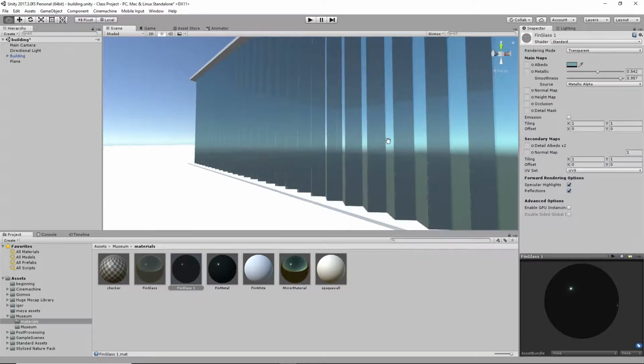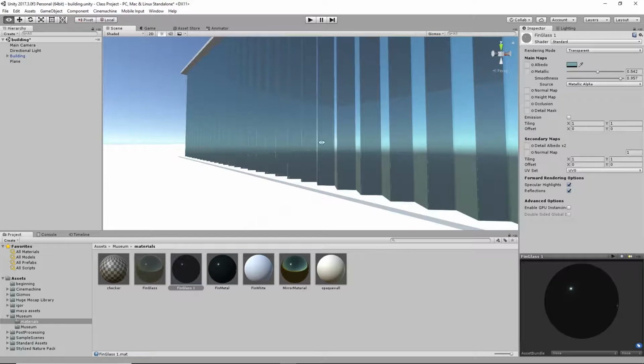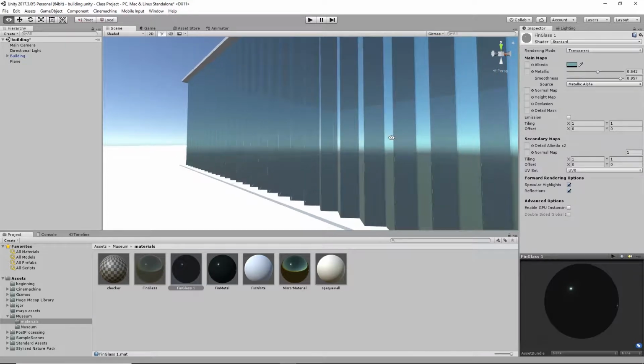But as far as I know, there's not a material like that in Unity, because that's a pretty costly calculation for a shader. But we can sort of fake this. So I'm going to leave the metallic at that, and it may be that I can get a better shader. So instead of the standard shader,